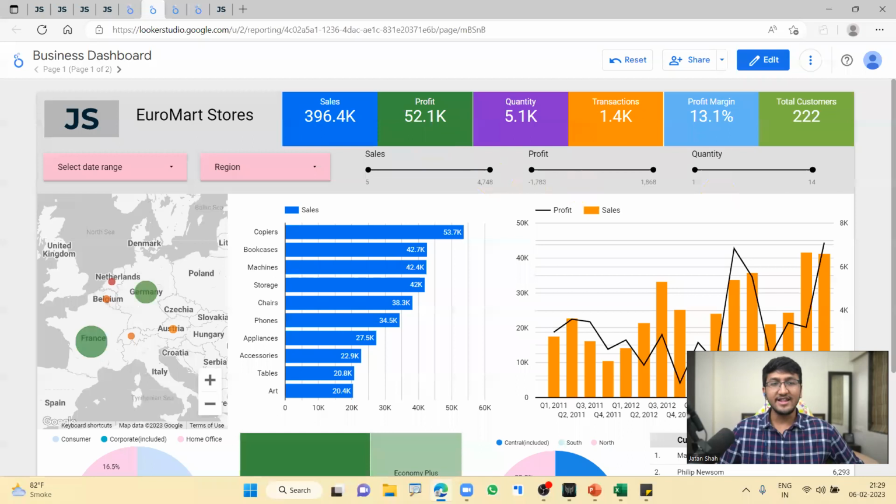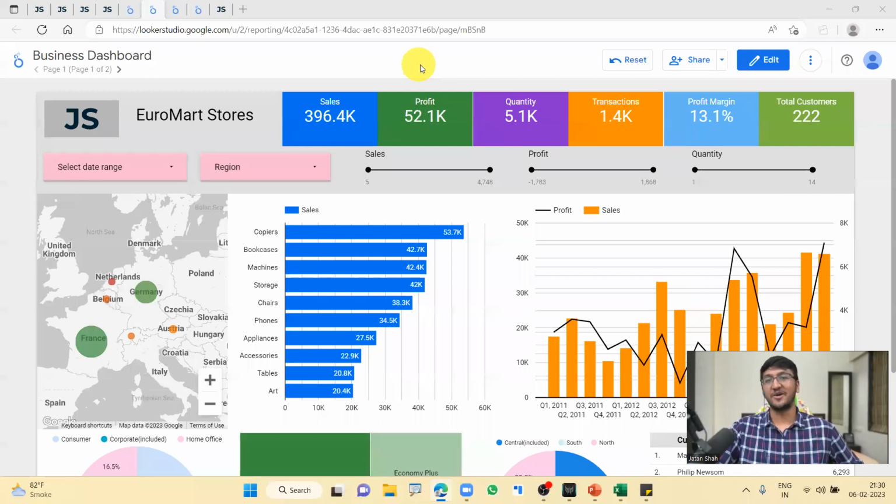How many of y'all feel that this is a much better way of building a dashboard? Can I have a yes in the chat if you agree that interactive dashboards are the future? Yes, we are going to get all our data from Excel, Google Sheets, everywhere and build a dashboard free of cost. Isn't that amazing? This is what you're going to learn in the next 5 days.